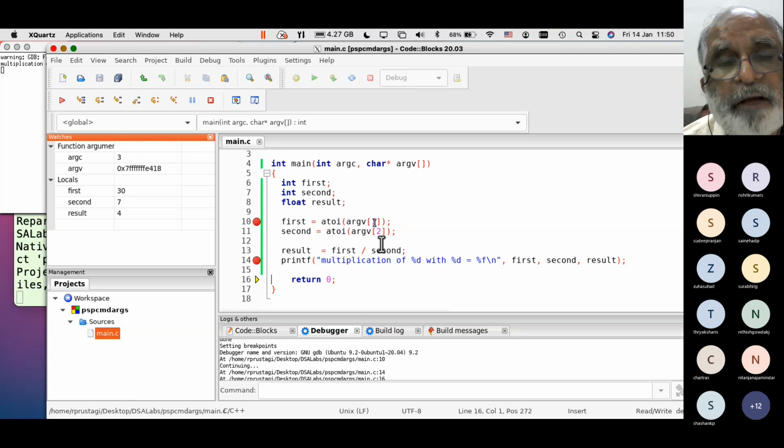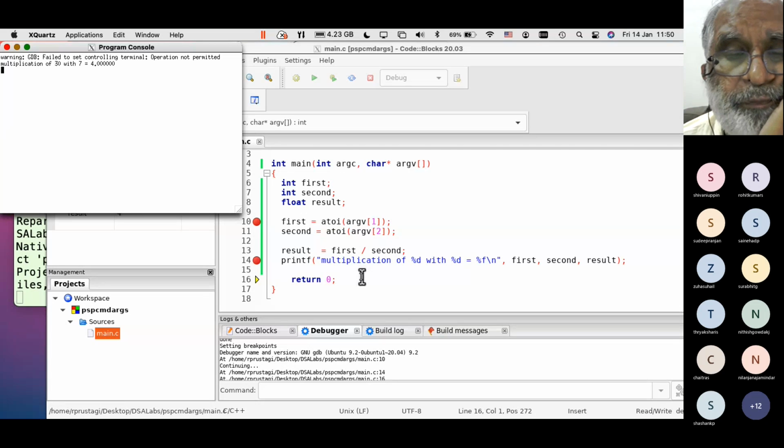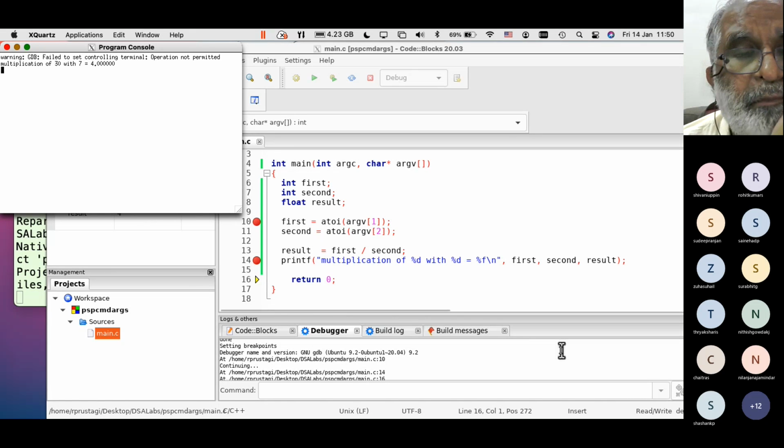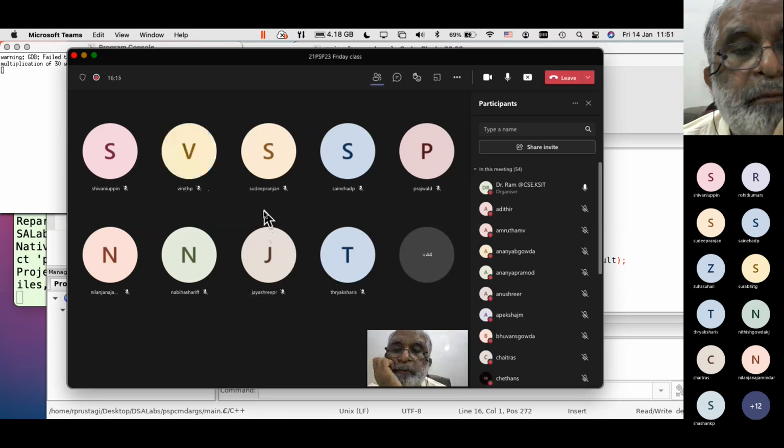Anyone? I made my result a float. I expected it to be 4.2, but I still see 4.0. Any thought what could be happening here? Anybody? Vineet? Yes, sir. What could be happening here?